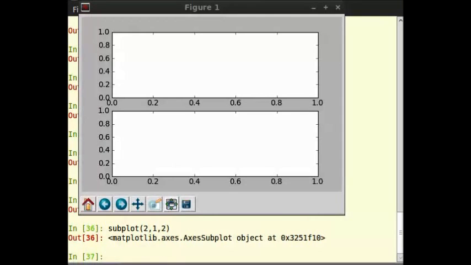The lower subplot is created now, so we can draw subplots in each of the subplot areas using the plot command.